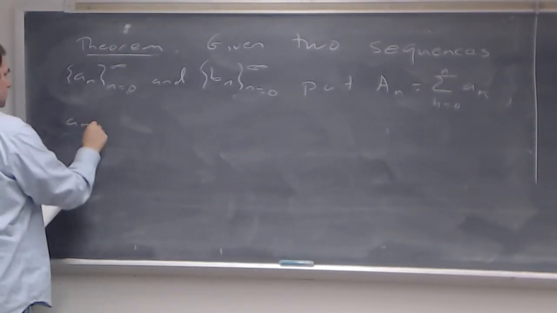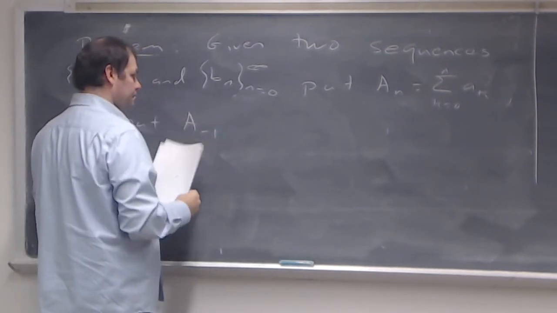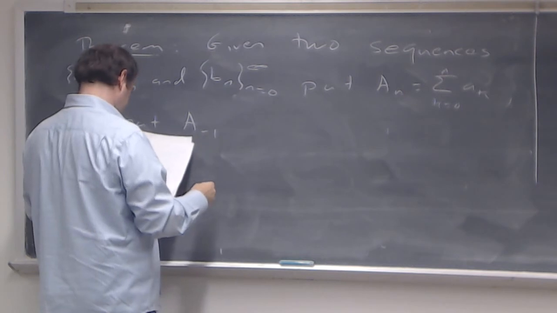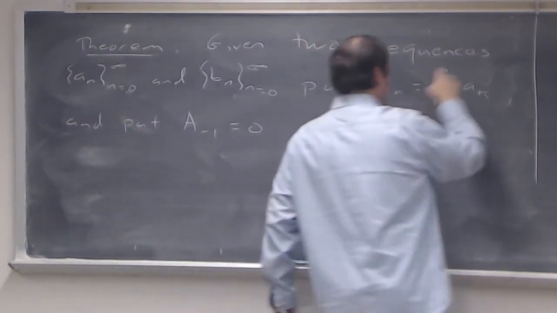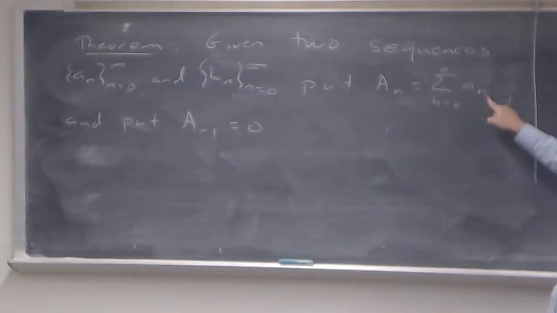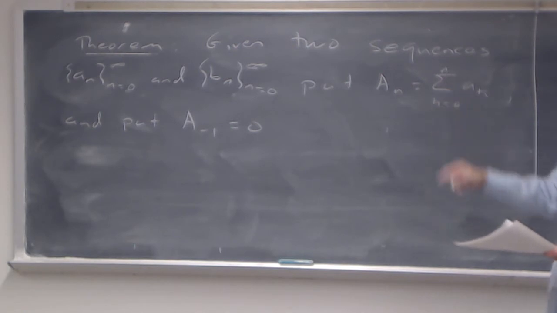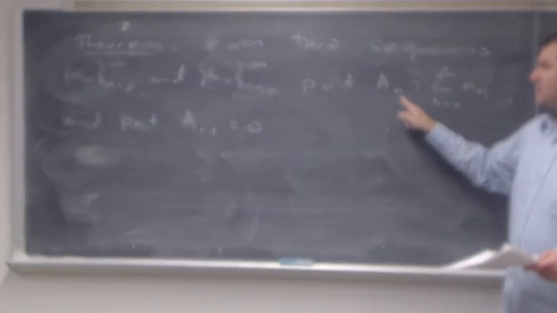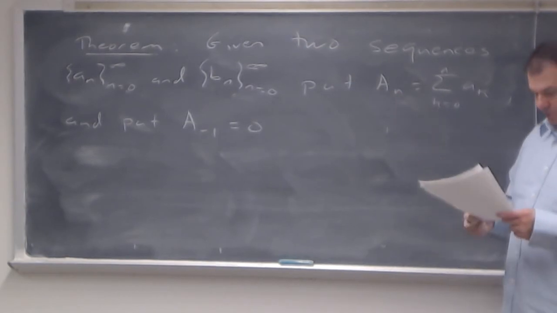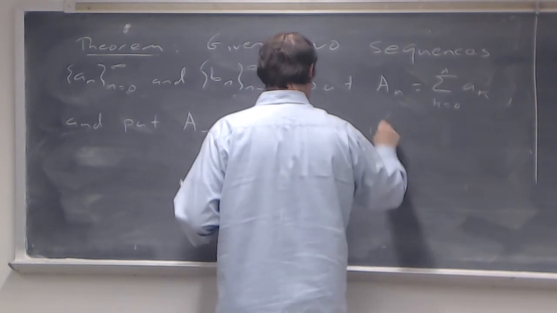And put A sub minus 1 equal to 0. So here, we can have A sub 0 would just be equal to a sub 0, okay? So that's allowed. So we're defining big A sub n for minus 1, for 0, 1, 2, and forever. Okay? Then, if